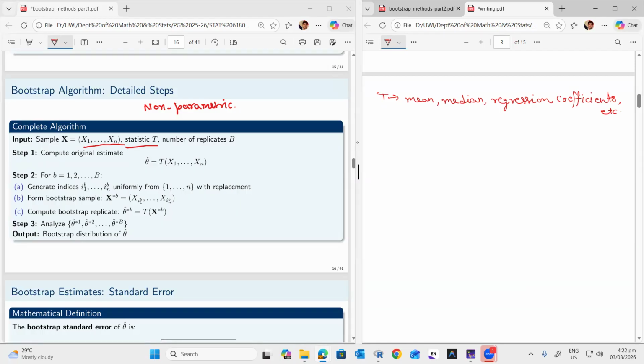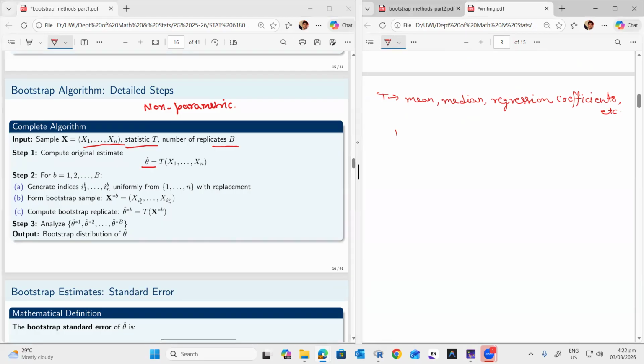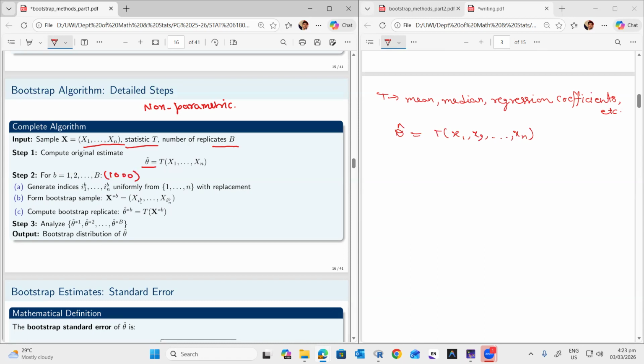Now let B be the number of replicates, the number of times we are going to replicate. From the original data we estimate our theta cap, whatever statistic we want to calculate: mean, median, mode. Once we calculate that, we denote it as theta cap; it comes from our one sample. After that, for small b equals 1 up to B, where B can be around 1000,